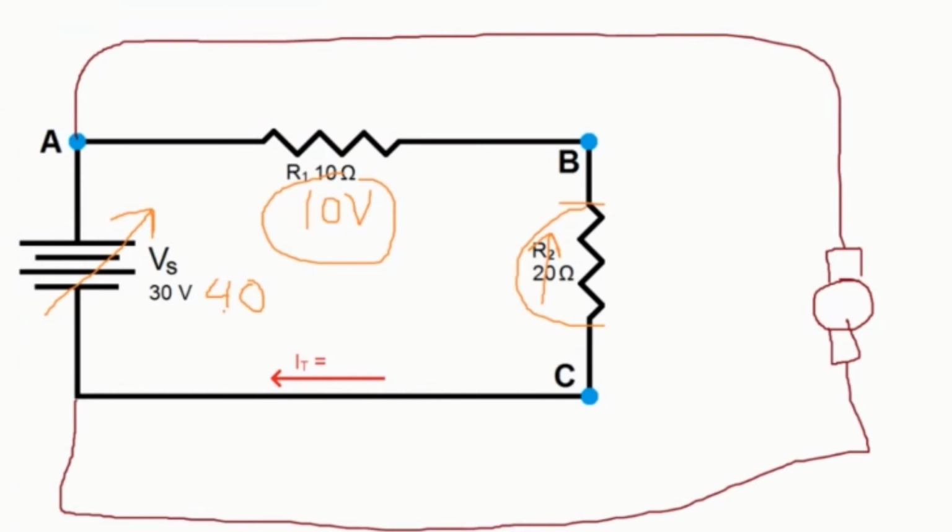So now I'm going to put a switch in here. That's fine. So now what's going on is that this is all running. It's all good. And this guy has a voltage of 40 volts. Or, let's go back to the fact that this was 30, this was 10, and that was 20. Now what happens is if I were to close this switch, this draws so much current that